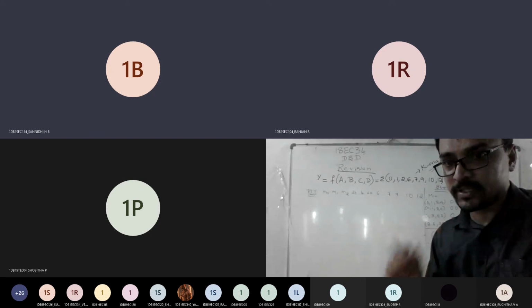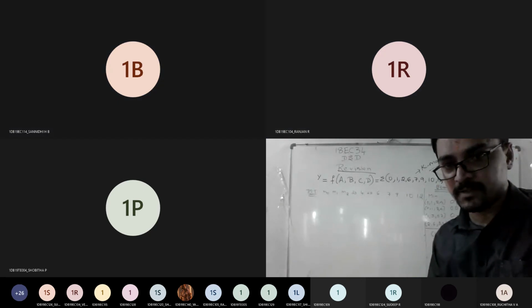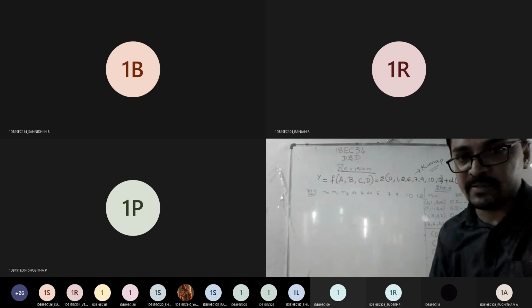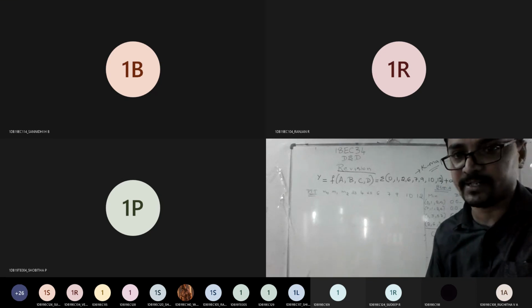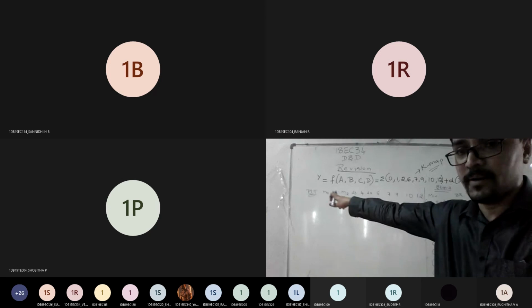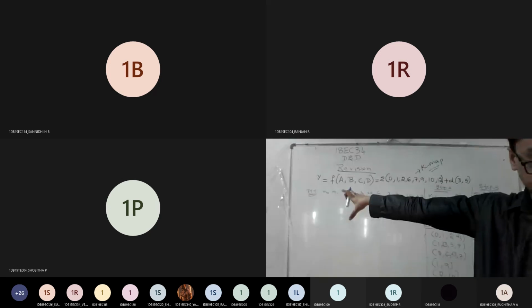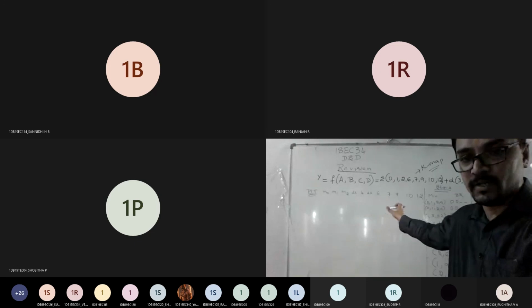I think what we wrote in step number 5 was visible. So now I need to build a complete prime implicant table for the reduction technique. Correct? So what I have done: the prime implicants, that is what you got here. This one I should dump there, followed by your